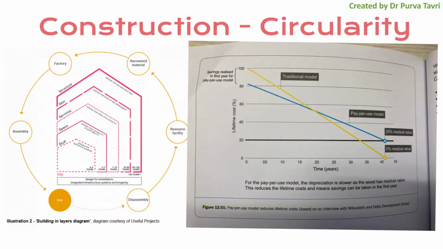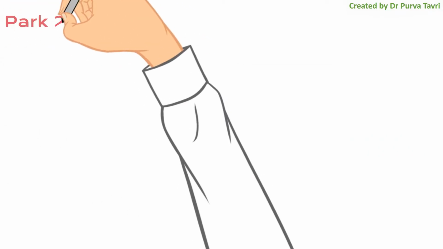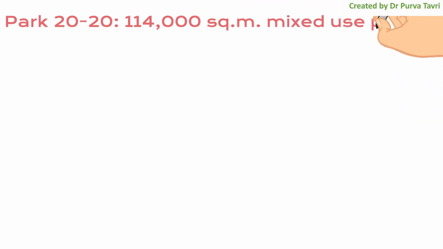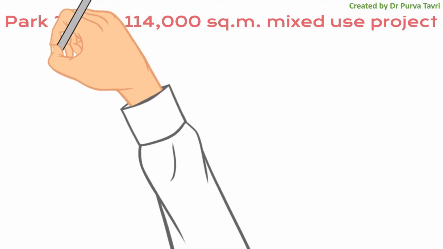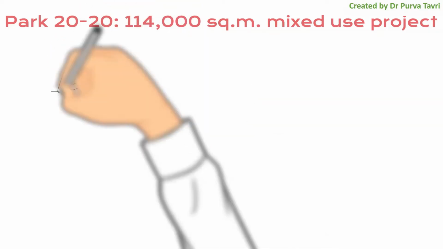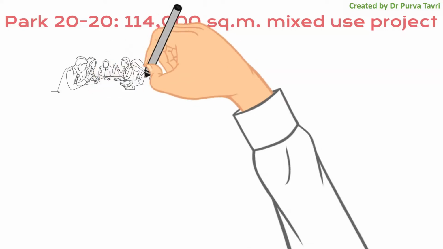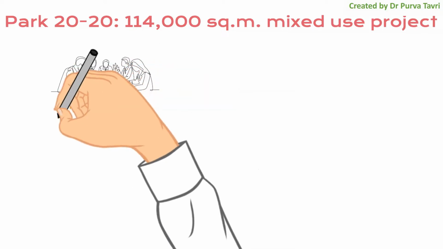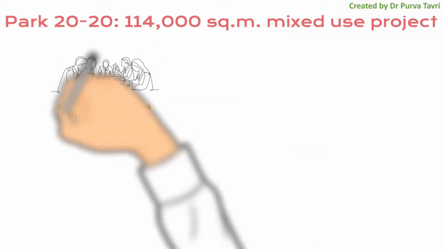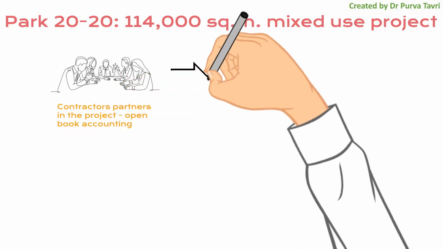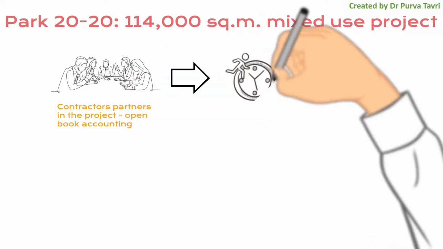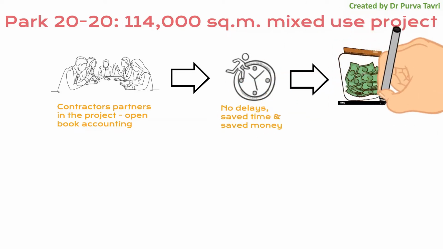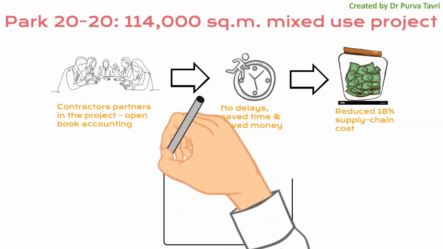These ideas are not just in theory, but one of the circular building developments is Park 2020 in Amsterdam. This is a mixed-use project covering 114,000 square meters of area. The project reinvented the tendering process by building direct relationships with contractors, including manufacturers. Contractors were key partners in the project and an open book accounting approach was adopted. This led to no delays, saved time and saved money, reducing the supply chain cost by 18% while attaining